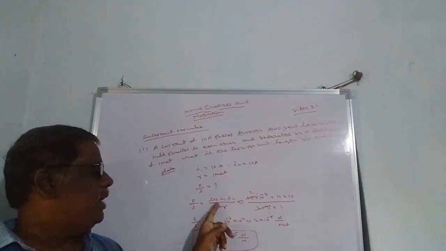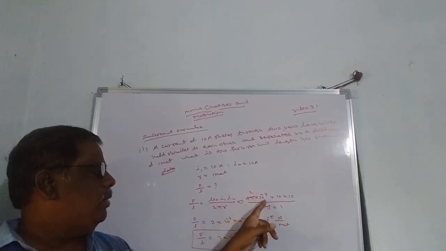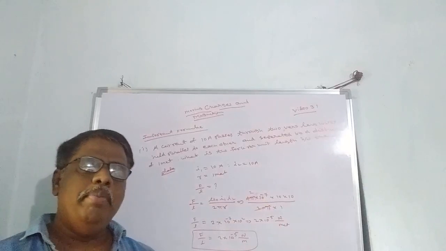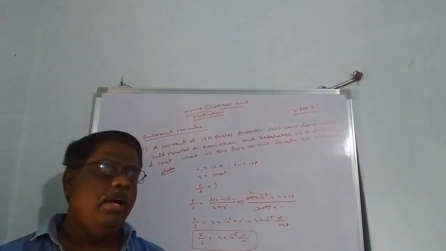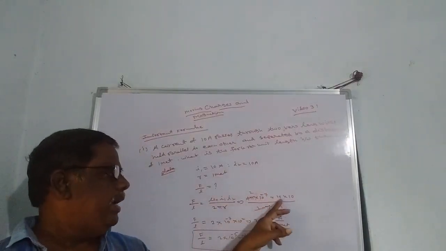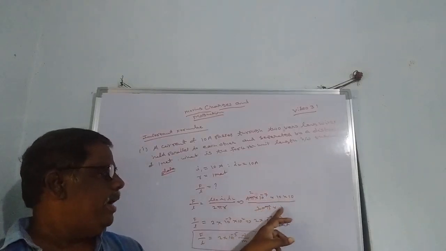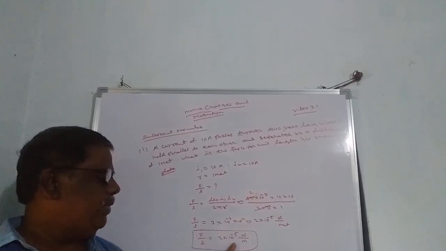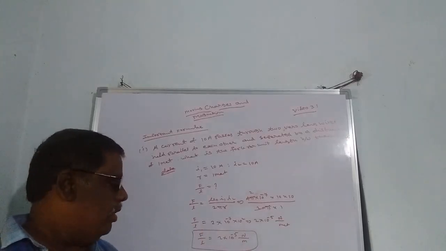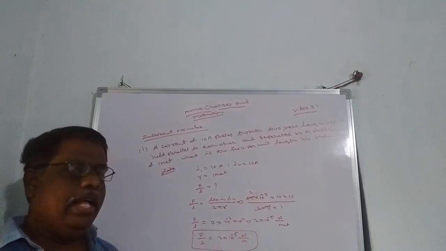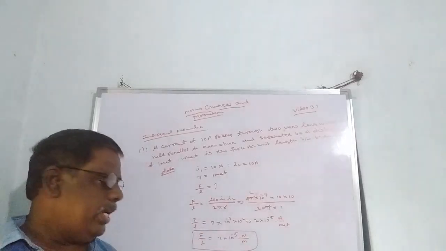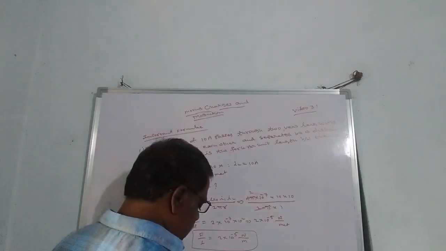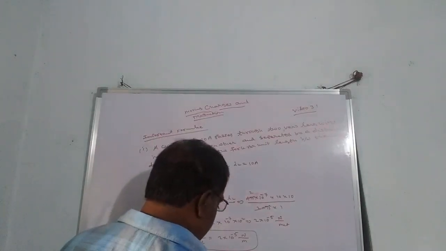Force per unit length: mu naught value is 4 pi into 10 power minus 7 Henry per meter. Actually, mu naught means permeability of free space, or absolute permeability. 10 into 10 by 2 pi, R value should be equal to 1. So finally, force per unit length we get 2 into 10 power minus 5. Force unit is Newton, length unit is meter, Newton per meter. This is the formula we are using to find the force for parallel conductors.